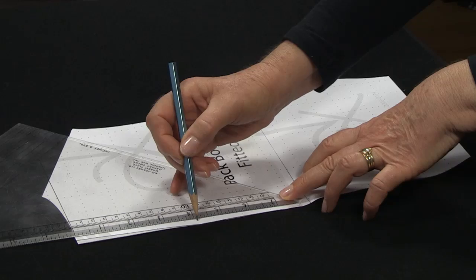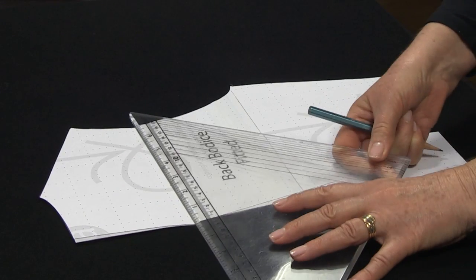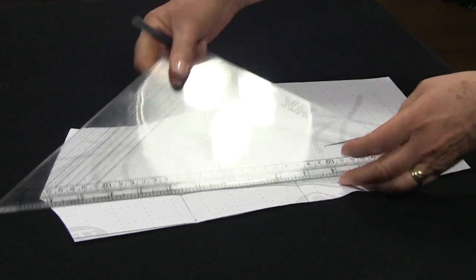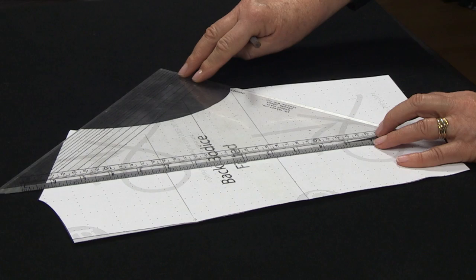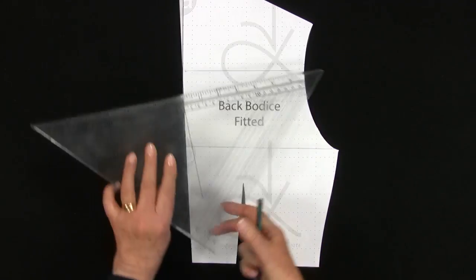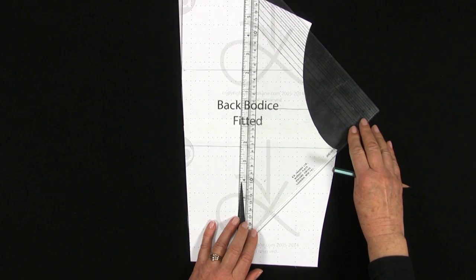This time our pivot position will be around the base of the shoulder blade. As with the front pivot being on the true bust line, the back pivot also needs to be on the widest part of the pattern, which is the measurement we need to protect. The bottom of the shoulder blade is about halfway between the across back width and the bust line. We can get these measurements from the basic draft.